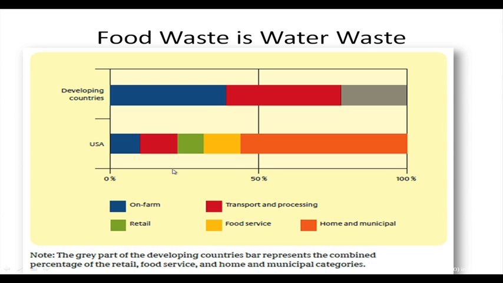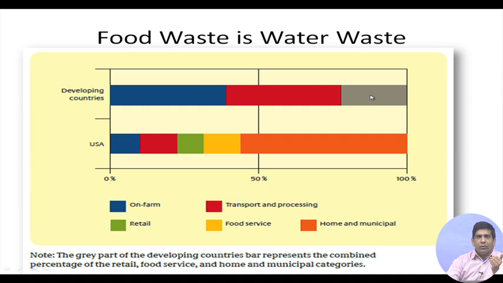And as you can see from the last few slides, food waste is a water waste too, because many of these food items have embedded water. So when you waste this food, your water is wasted as well. If you compare the situation in developing countries with the situation in the US, there are two graphs over here. The top one shows the developing countries, the bottom one is for the US. The blue is for on-farm losses, then the red tells us the home and municipal waste,